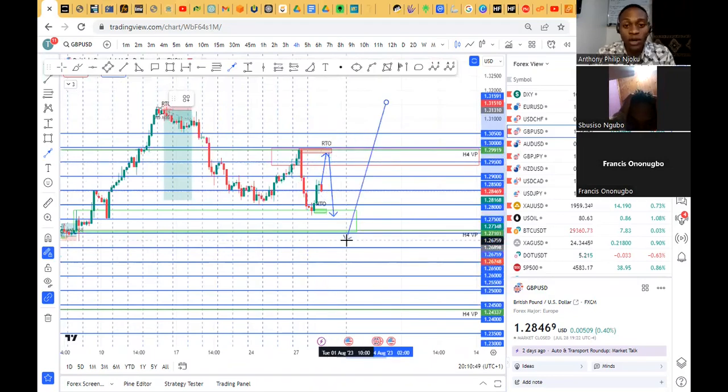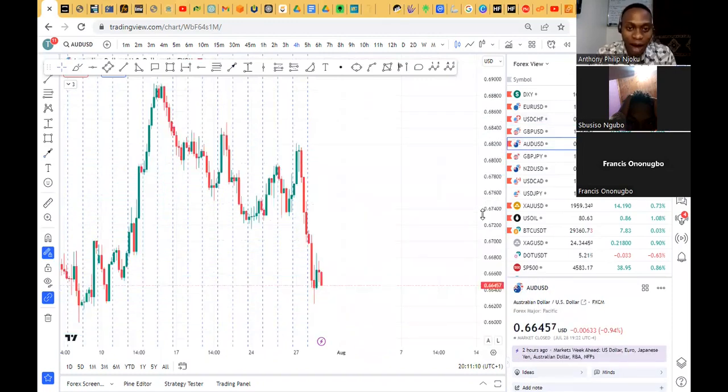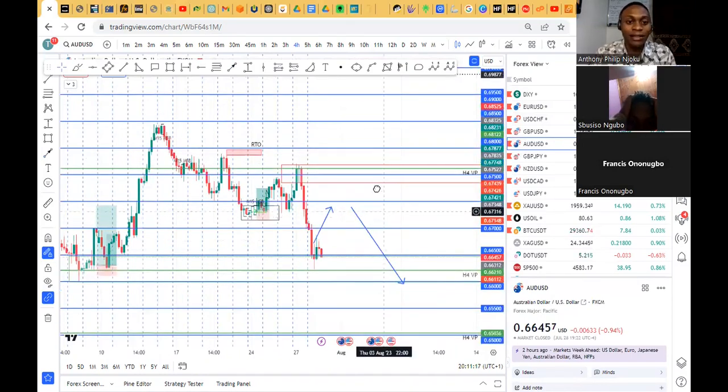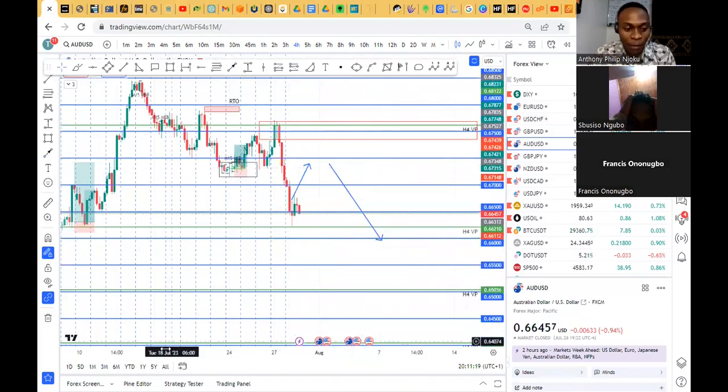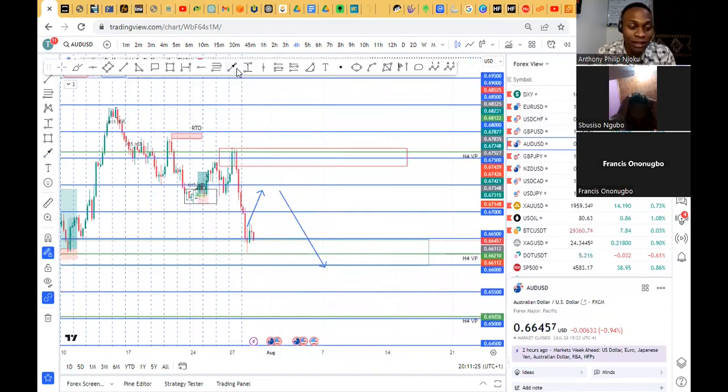Remember, on Thursday we have the Bank of England interest rate decision, and the forecast is a 25 basis point hike. So let's just see how the market plays out. The market is reactive, not predictive. I can say this is what I expect in the market, but the market reacts in a different way. It is the job of the trader to know how the market reacts and take a position based on analysis and bias. Apply proper risk management and trade management to be able to make profits in the market.